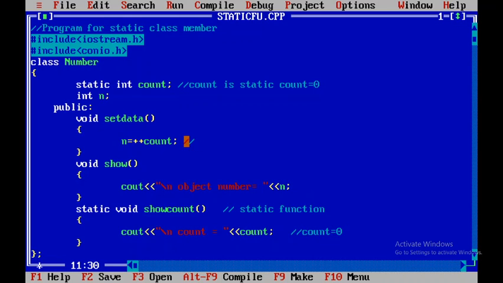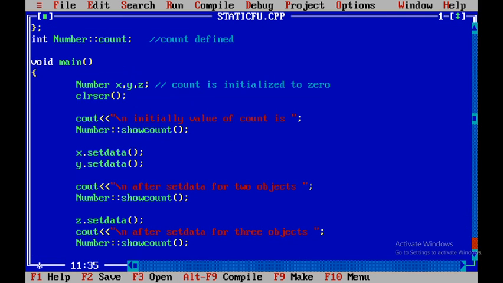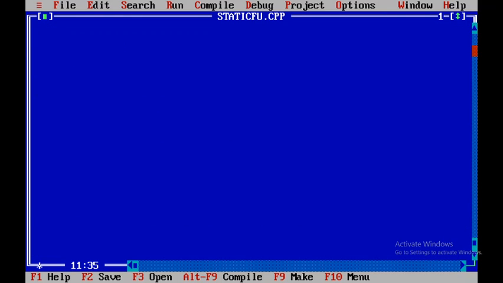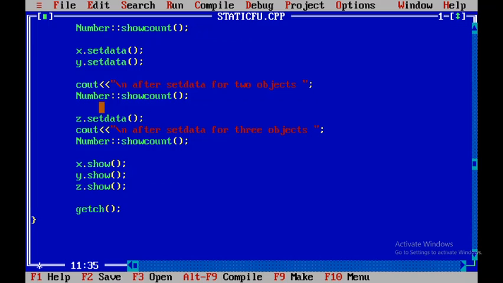Our count value was 0. First it increases the value of count: 0 plus 1 equals 1. So ++count, and this 1 will be assigned to n. So n will be 1. The value of count is 1, that's why n is 1.